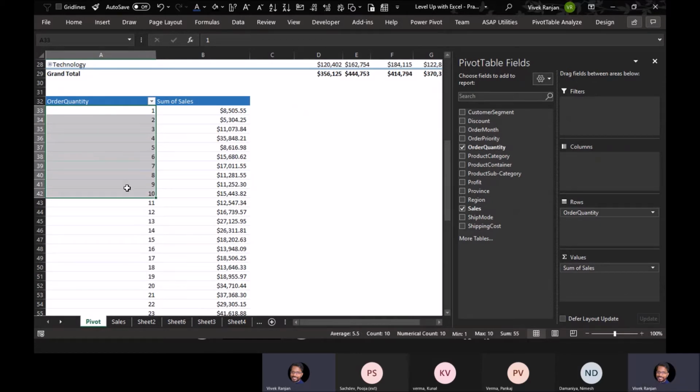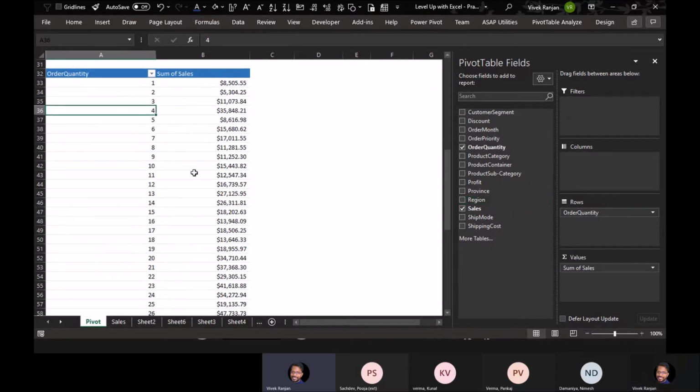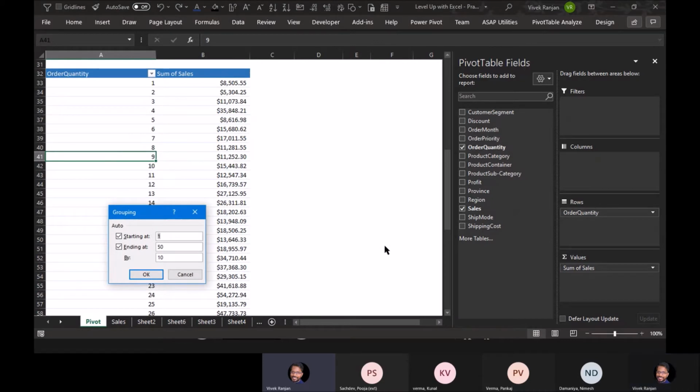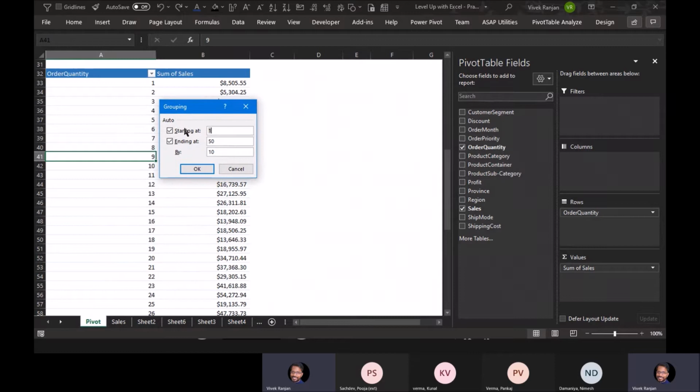The answer is yes. For that, I put my numbers into rows, then right click and say group. Now it automatically detects my starting point and end point, basically the minimum and maximum value, and suggests that you can create a bucket of 10. So if I click OK,